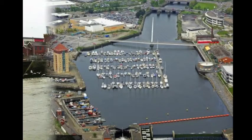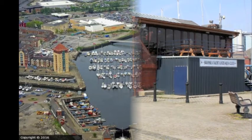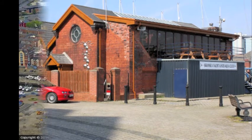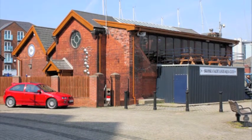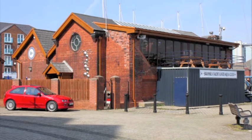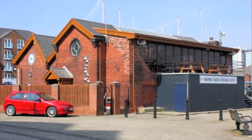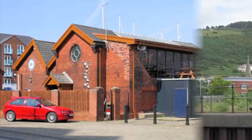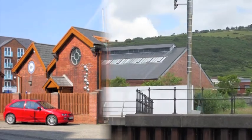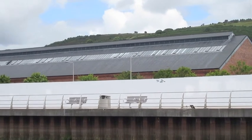We now head upstream, passing the busy Swansea Yacht Club Marina to our left. The building overlooking the marina is now home to the Swansea Yacht and Sub Aqua Club. When the docks were in commercial operation, it functioned as an impounding station, which pumped water in from the river into the South Dock Basin to maintain adequate water levels for ships using the docks and for continued operation of the lock gates. Among the new developments on our right, you will observe the long black roof of the Jay's